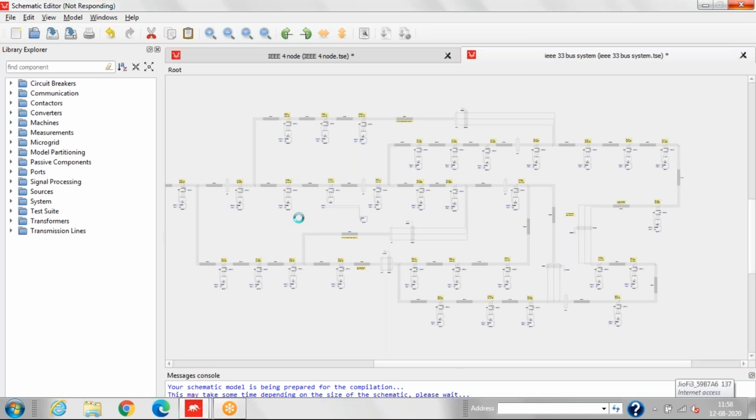It's a really complex model, so it will take more time in compilation.